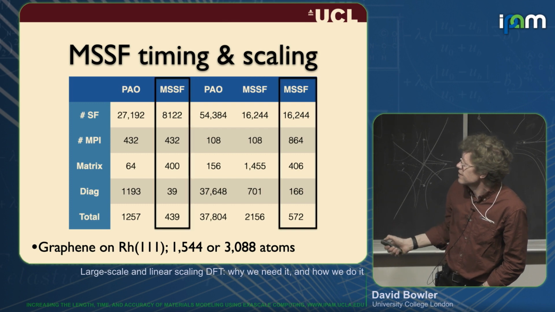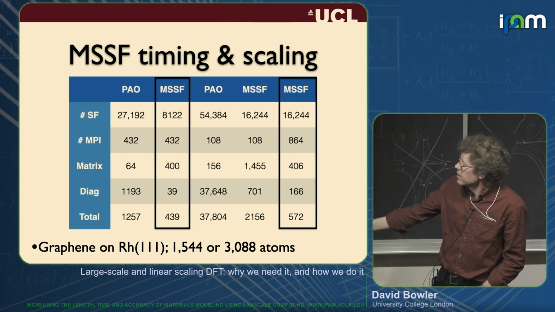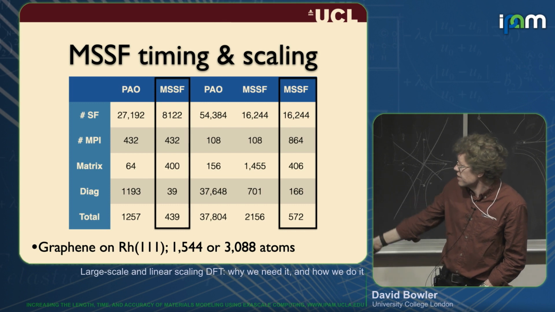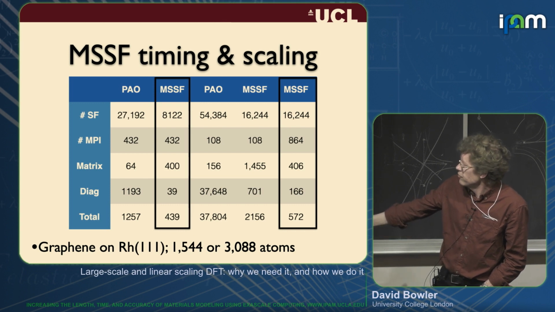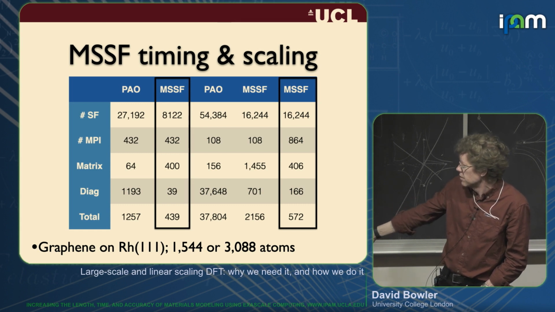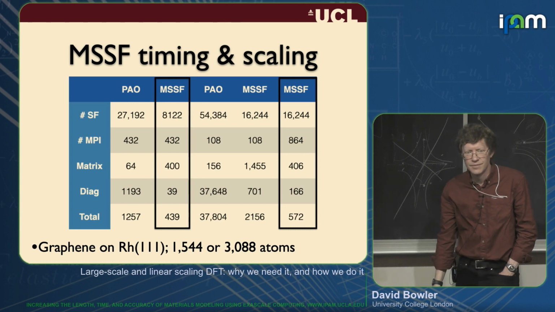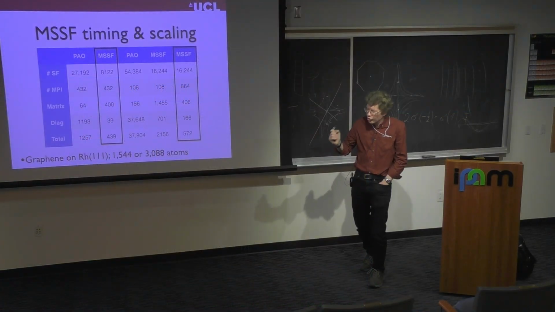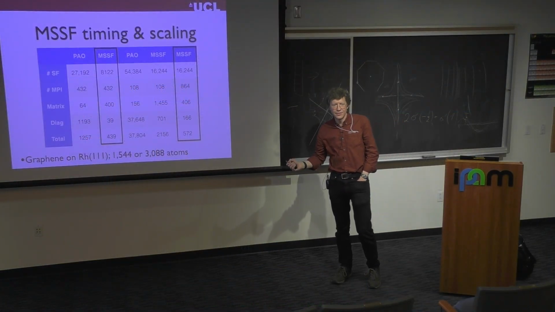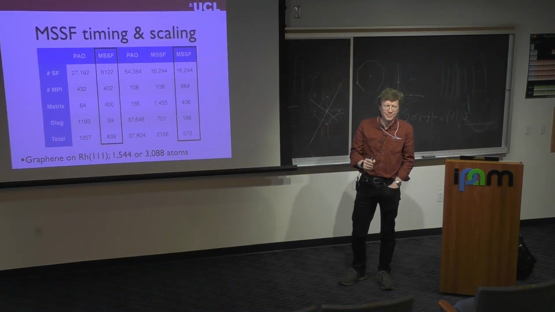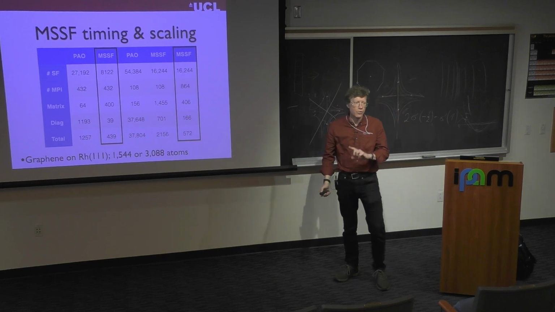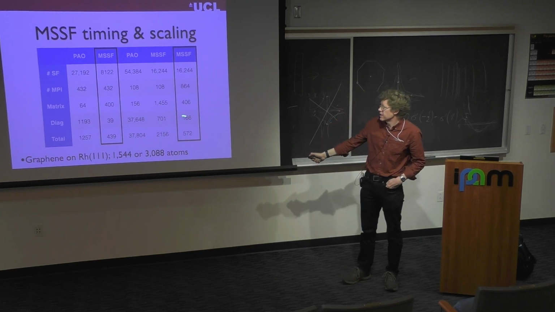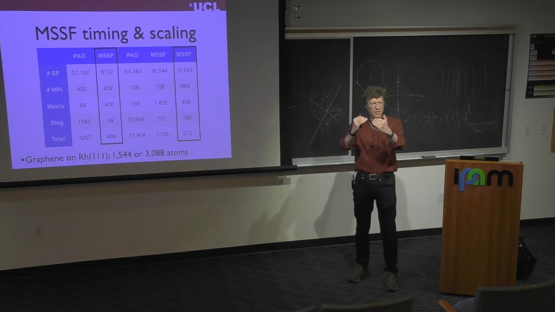But then the final one, this is the thing that I really like. Going from 1,500 atoms to 3,000 atoms, from 432 MPI to 864 MPI, so we've doubled the number of atoms, we've doubled the number of processes. Look at the time to the ground state. It's basically the same. So we've almost got linear scaling with exact diagonalization. Now, of course, we haven't. What we've done is we've reduced the diagonalization time to such a small amount that it's kind of hidden.